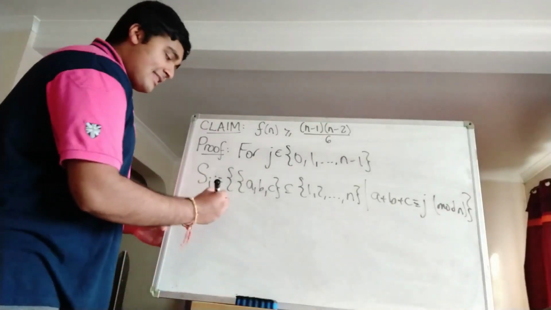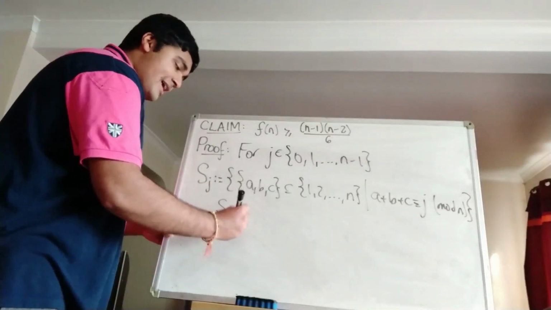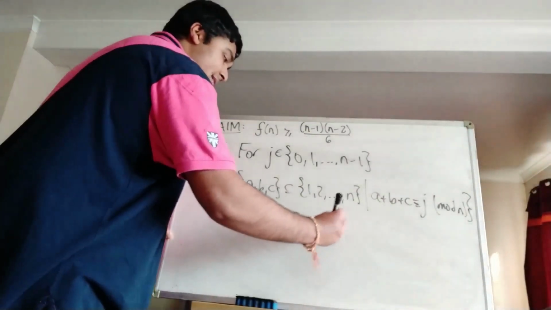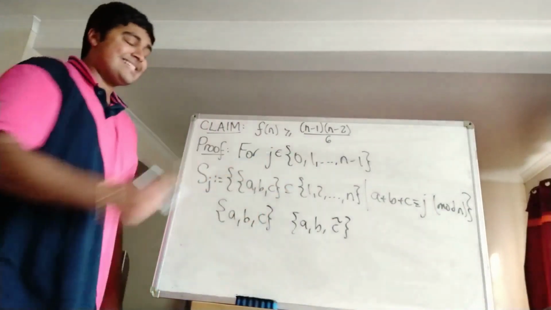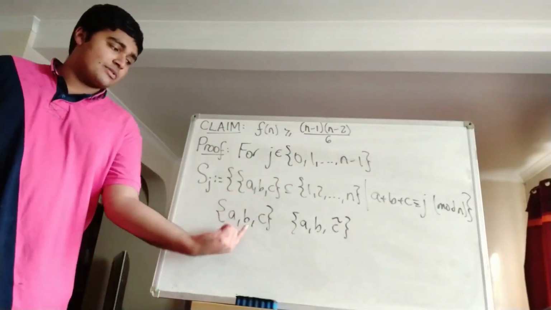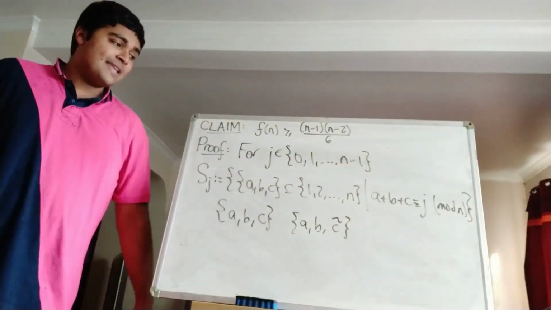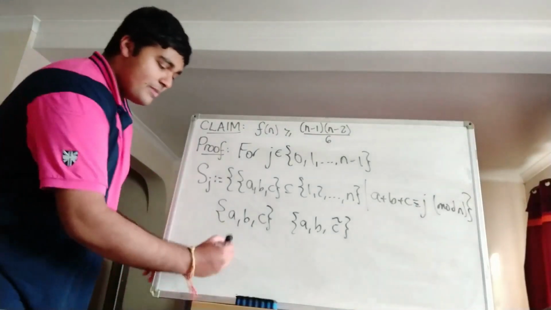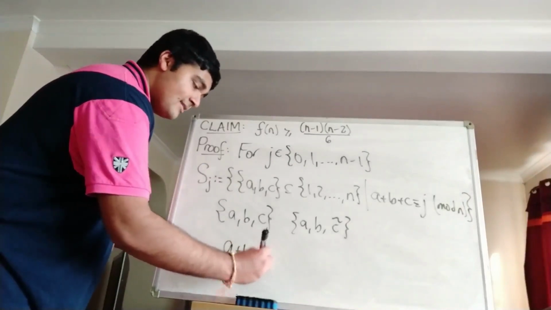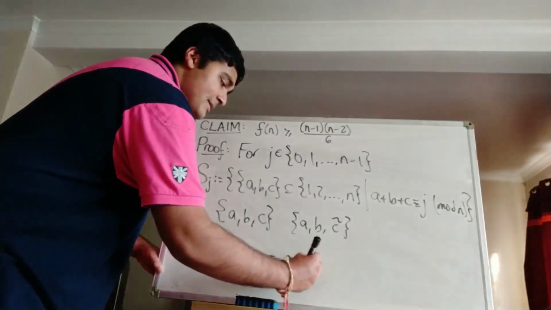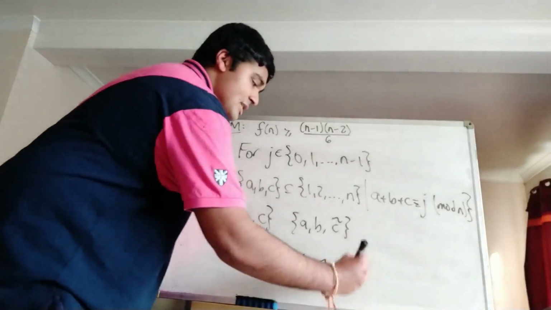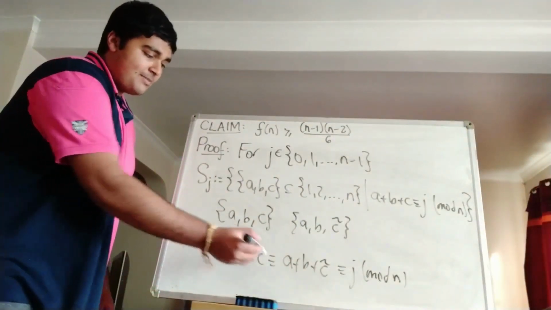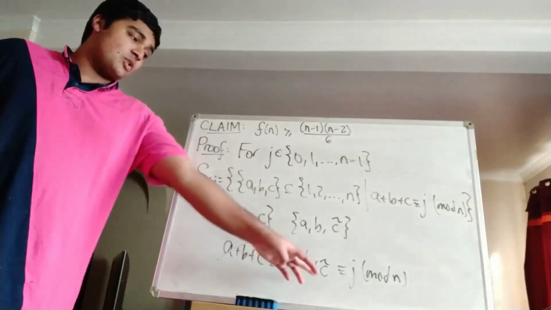cardinality 2. So then that means that those 2 elements are of the form A, B, C and A, B, and say C tilde, where C and C tilde are distinct. So of course the 2 intersecting elements are A and B. Anyway, what we now notice is if we just look back to our definition of Sj, we must have that A plus B plus C is congruent to A plus B plus C tilde, which will be congruent to J mod n. Well, then just cancelling A plus B on both sides, we get that C is congruent to C